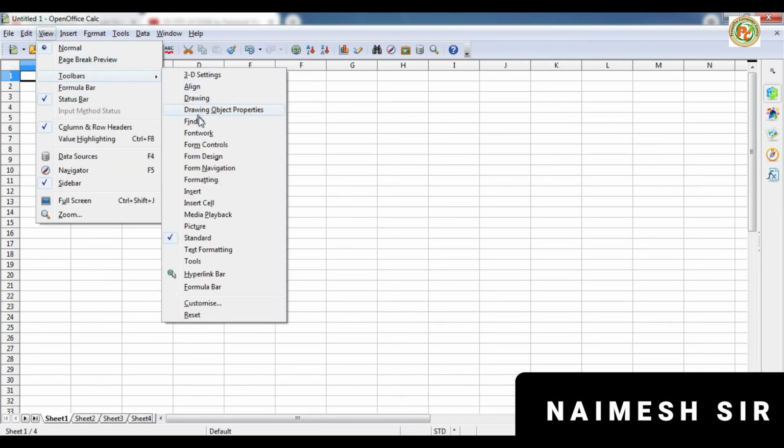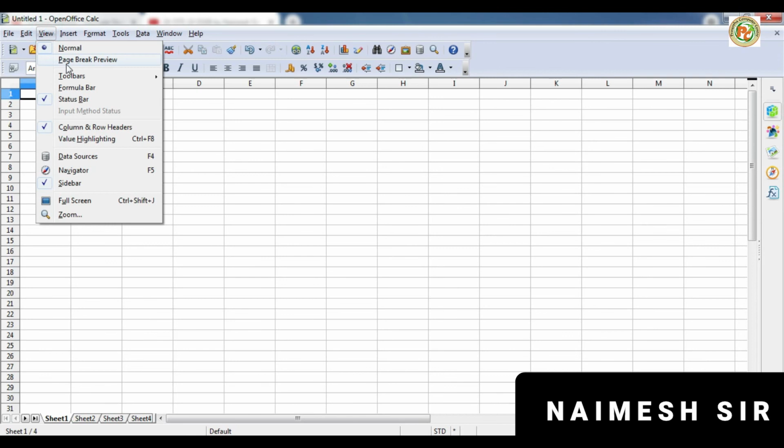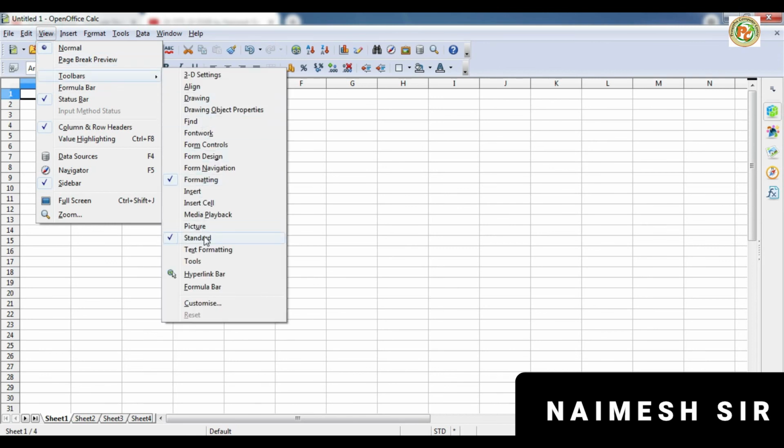Similarly, now I want the formatting toolbar, so click on the formatting toolbar, then click on the text formatting toolbar or whatever you want, just click on that. Next are the drawing toolbar, Fontwork, all those things are there. Find is also there, so we are going to click on Find.